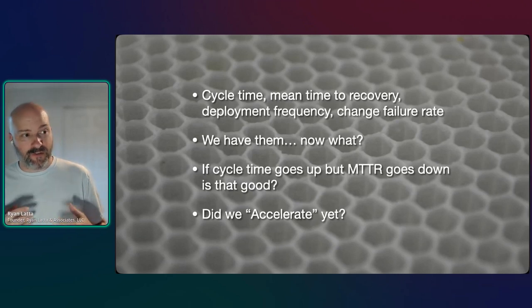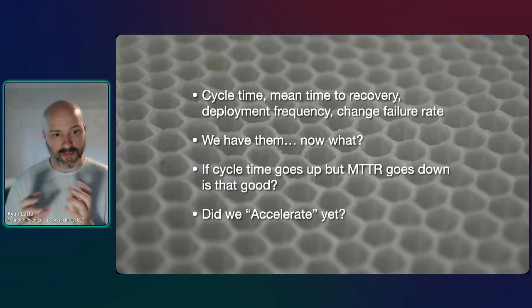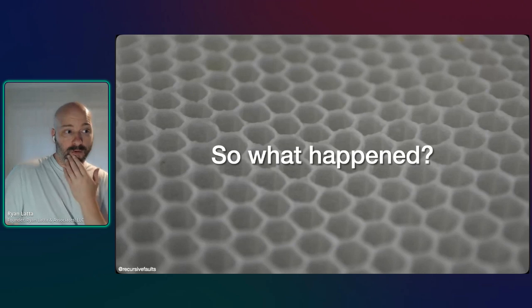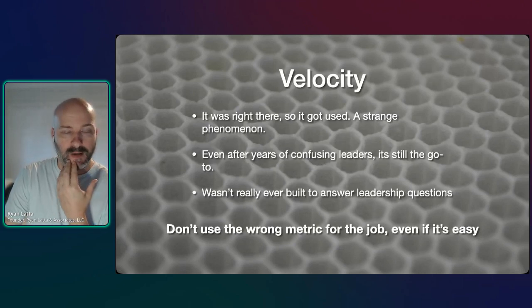But there are dysfunctions that are very easy to fall into with them. And now I'm going to talk about what's going on with some of these examples. I can't be exhaustive because we just have a short amount of time, but I am going to cover a little bit about what's going on. So let's talk about the velocity example.